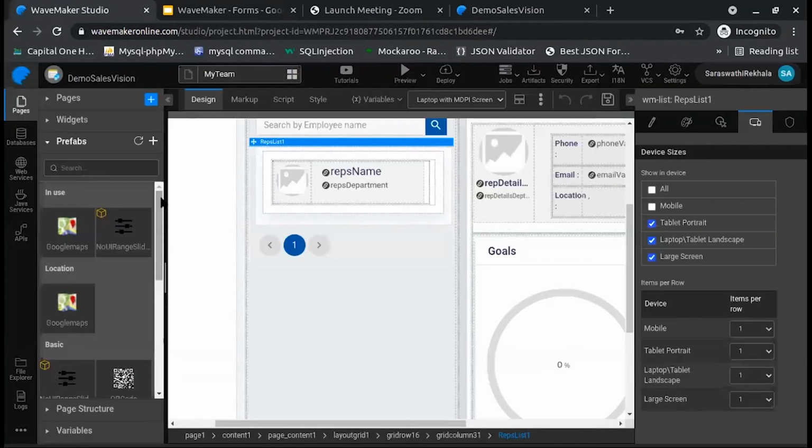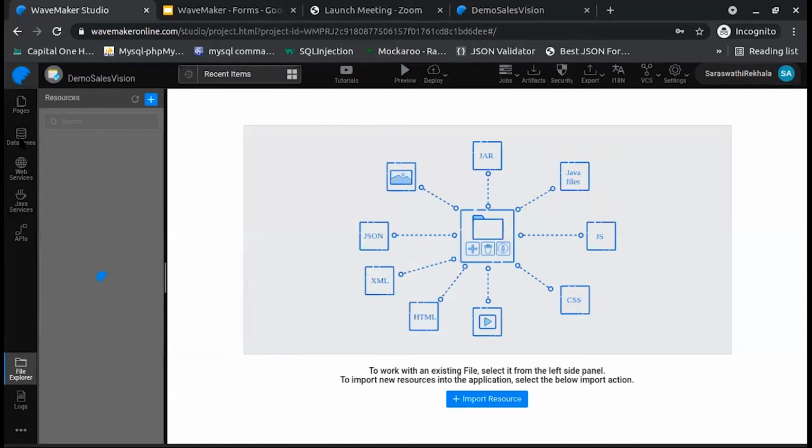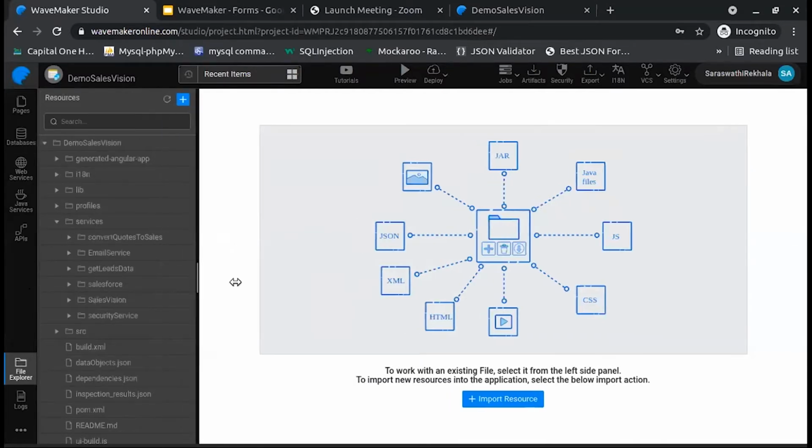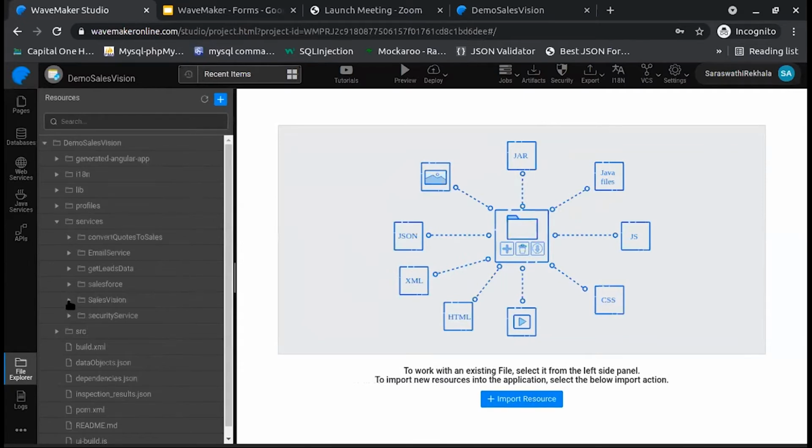Before covering some other use cases, let's see the structure of the project when you have this app handy. As already said, the platform identifies the metadata. In order to identify the metadata, the platform generates code for each entity, which you can browse here under the File Explorer panel. So as you can see here, under services, I have my database service.